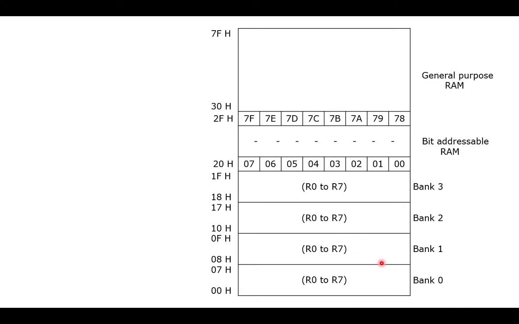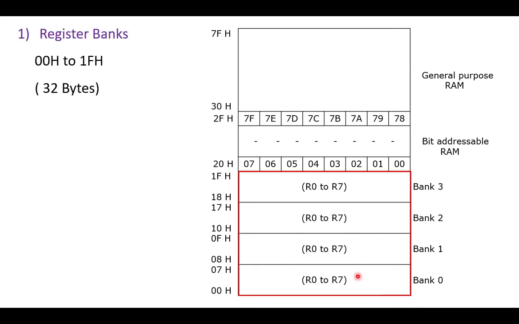You can view here that the first group is register bank, and it is divided into four different banks: bank 0, bank 1, bank 2, bank 3. Each bank has 8 registers and they are named as R0 to R7. In this way, 4 banks has 4 into 8, that is 32 registers. So these 32 bytes are occupied by the first group of register banks, and the addresses range from 00H to